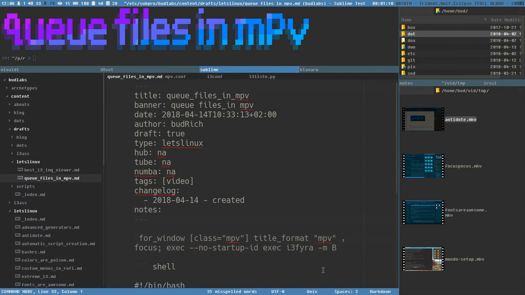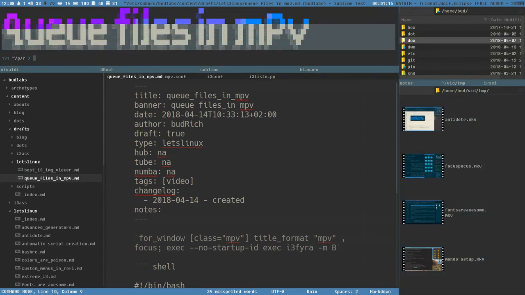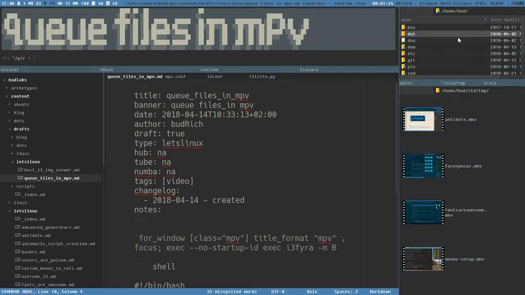I should also say this is the i3 layout. I have 4 containers, the A, the C, the B and the D, and here we have URxvt. This beautiful ASCII font here is made by Xero. It's called 3D. These are 2 Thunar instances. There are 2 different instances. The icon theme here is Dama Damas,